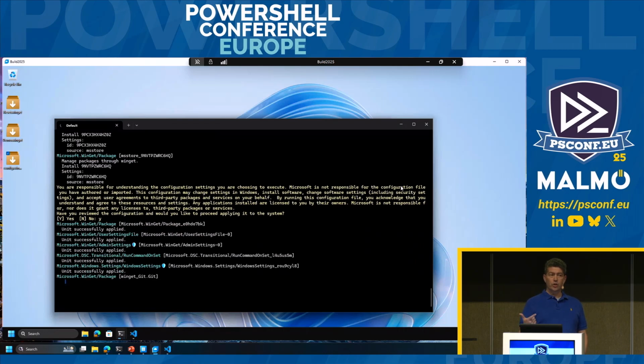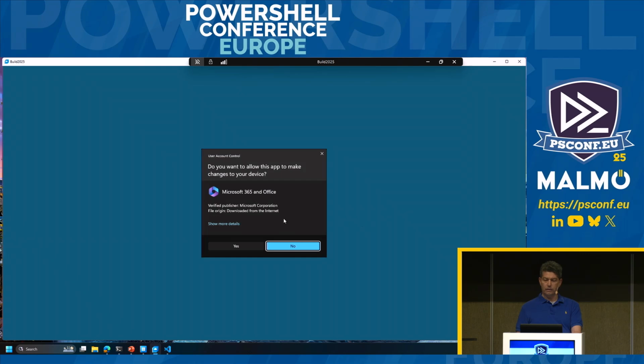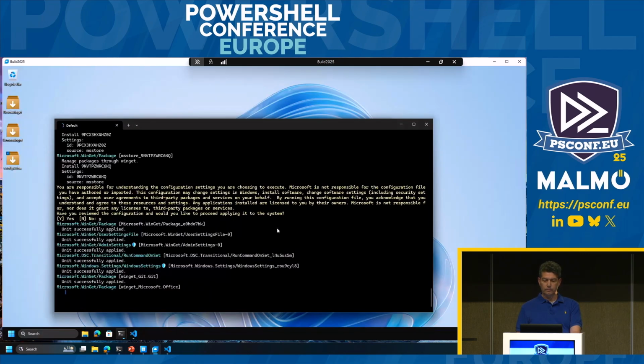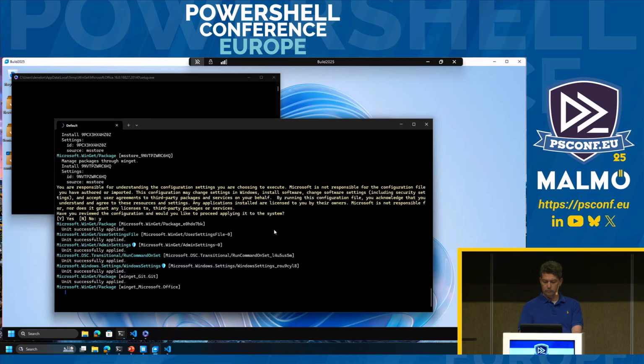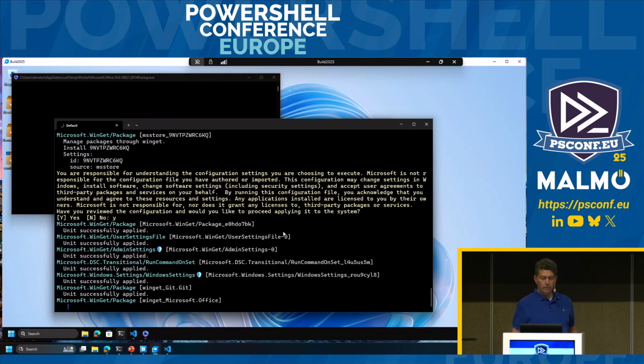You'll notice it just kind of did a shrink down there, and that's because when you apply the Windows settings, Terminal picked up that dark mode change. It's not really a bug, it's just how Terminal works. So I can zoom back in again, and here's one of the UACs that didn't behave well. So it will just continue going through and it'll literally install every single one of the packages from my desktop into this device.